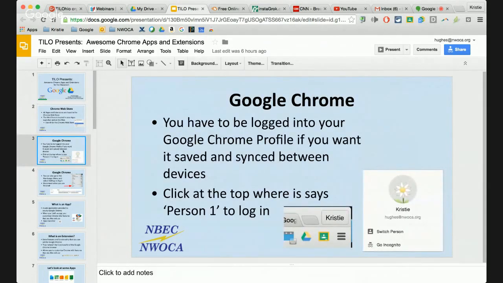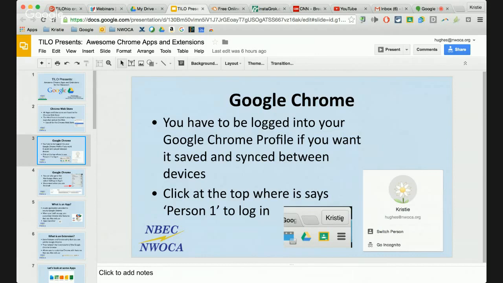Google Chrome, again, I want to point out, sometimes I get this question of, if I add an app or extension to my account, where is it saved and how do I access it? So you do want to make sure, and I have a little screenshot here up in the top corner, that when you are inside of Chrome you are signed in to Chrome. And this is different than Google Drive. If you are signed into Chrome, then everything that you do, whether you're adding apps or extensions, those will follow you in the cloud.